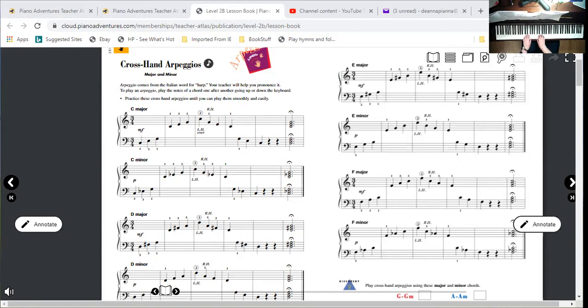So remember, to make a chord, you need a root and a third and a fifth. The root is the bottom of the chord that gives the chord its name. The third is a third above the root, and the fifth is a fifth above the root. So in the case of the C major arpeggio or chord, we have a C and an E and a